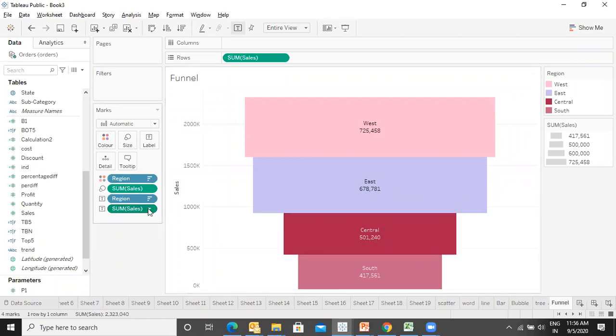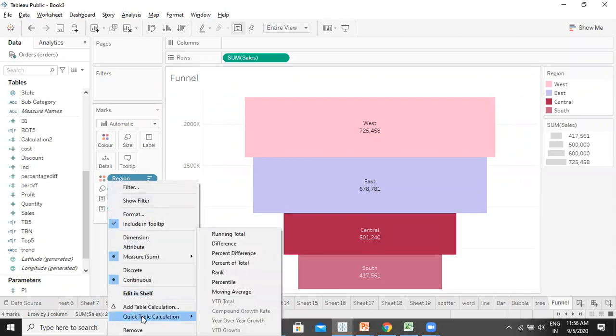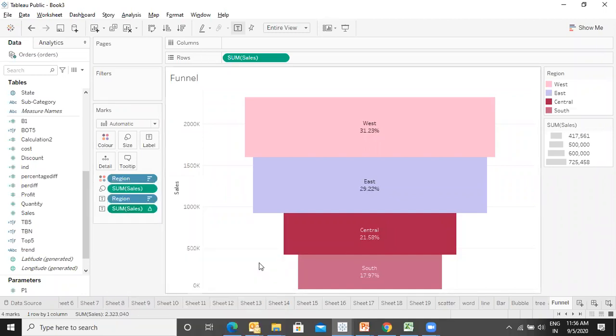I just need to click on this drop down arrow, quick table calculation, percentage of total. Simple. Is this clear? Yes. So this is known as a funnel chart.